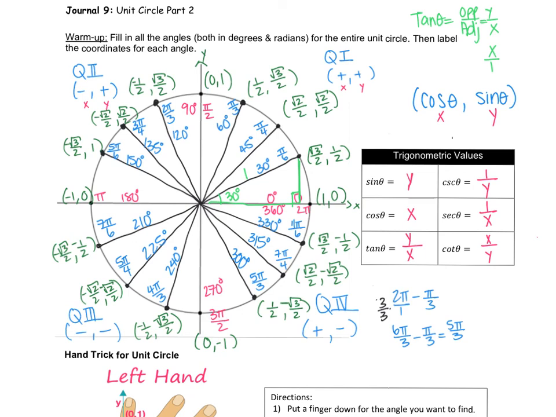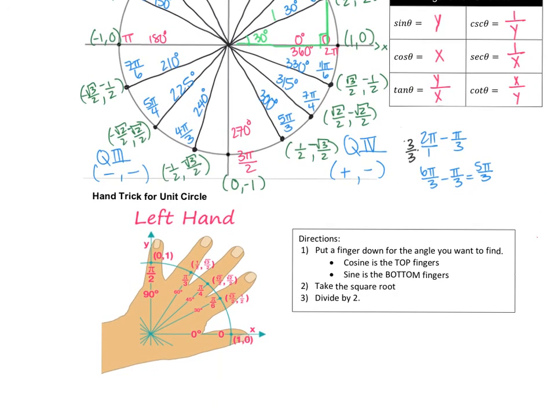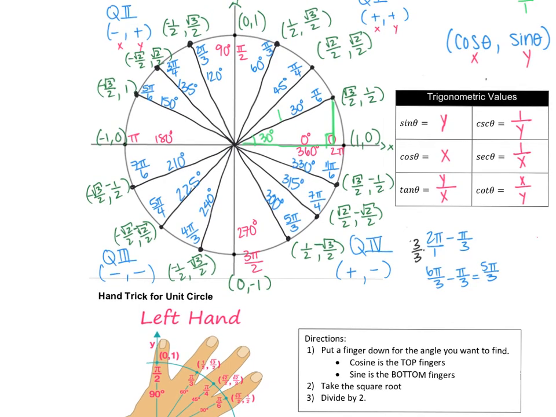In the next video, I'll have you guys watch a tutorial on how you can use this hand trick to figure out the first quadrant of the unit circle. Because when we really think about it, if you know the first quadrant, you can figure out all the other quadrants. As you can see from what I've done in the past few days, once I derived the first quadrant, I knew how to reflect and add and subtract to 180 degrees or 2 pi in order to get all the other angles and all the other